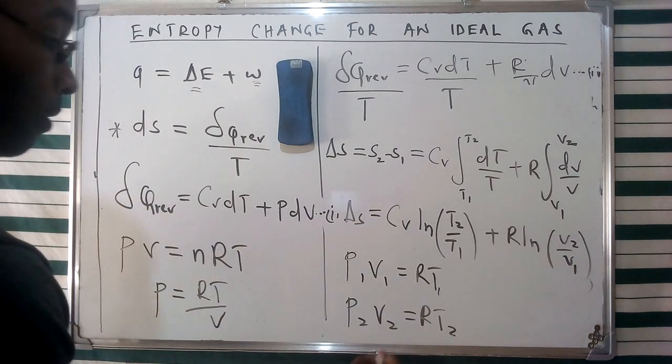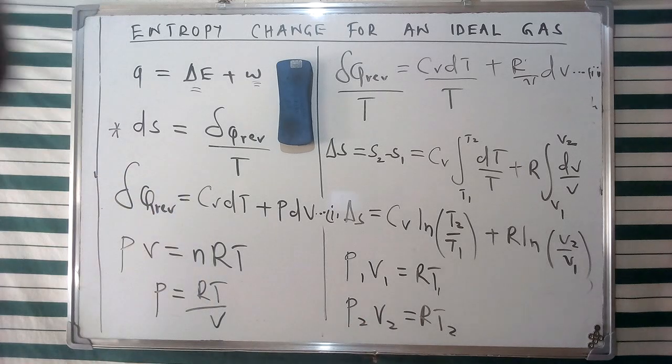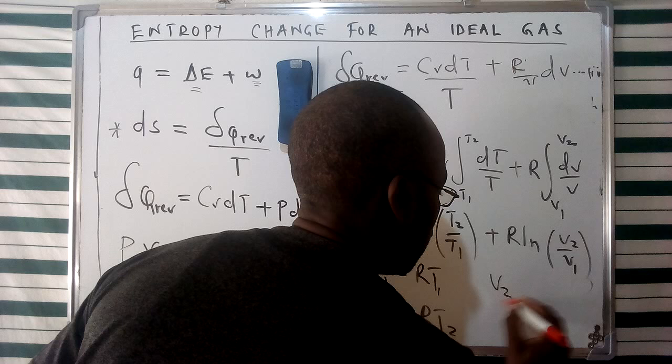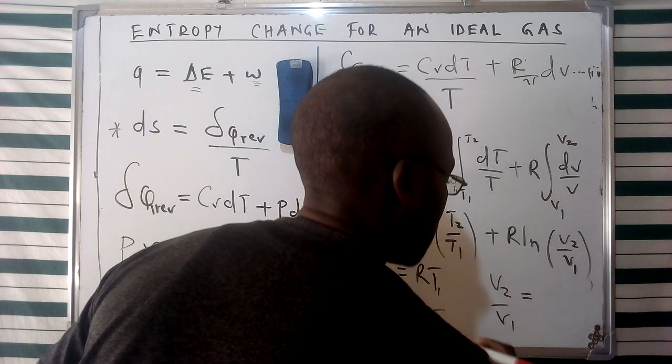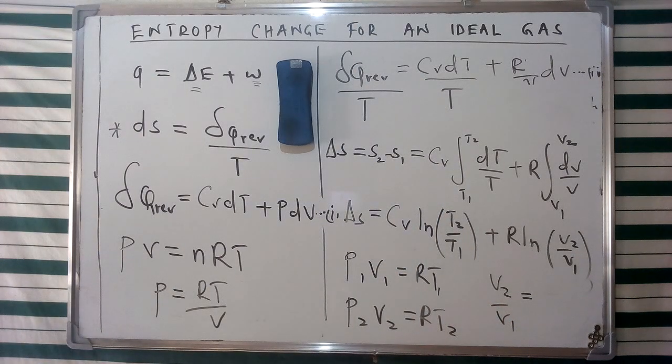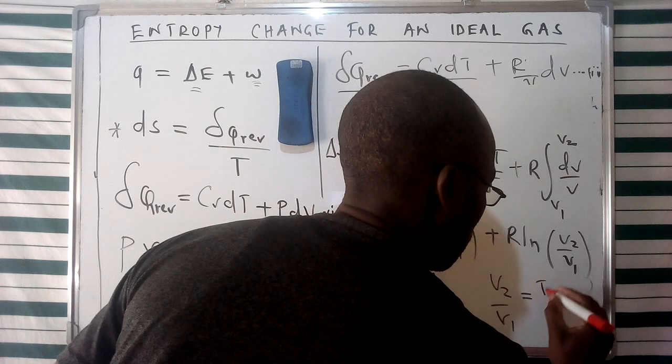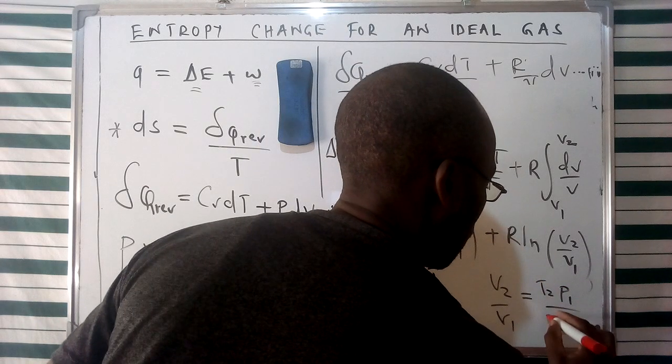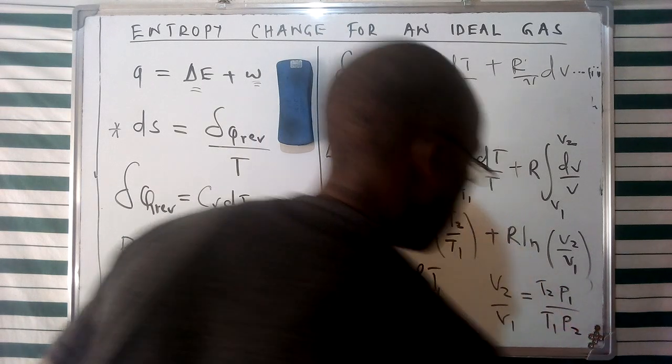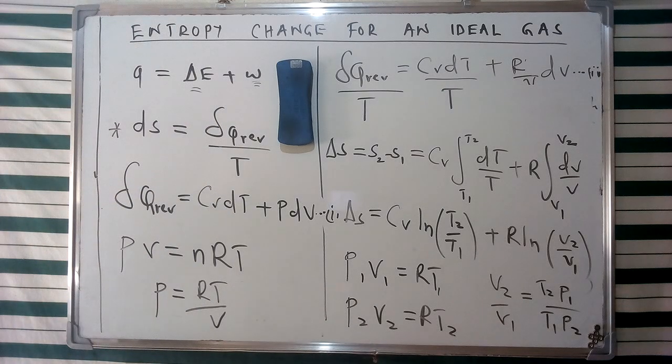If we consider those two equations, we can have a representation for the ratio between the volumes, and the other aspect of this equation is given as T2P1 over T1P2. This implies that if we are trying to represent this using